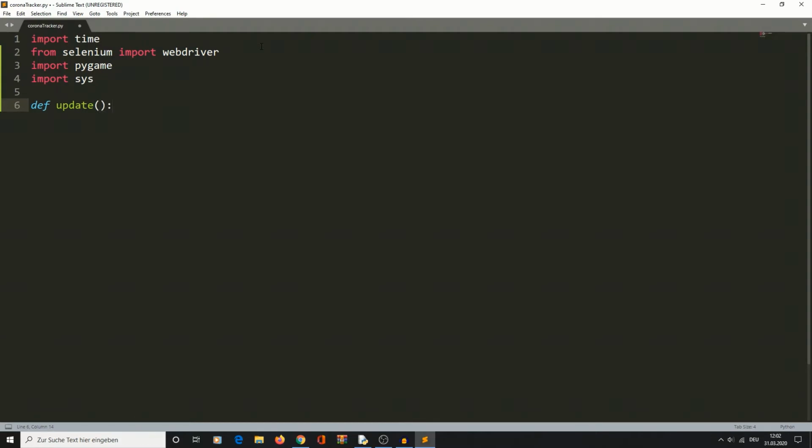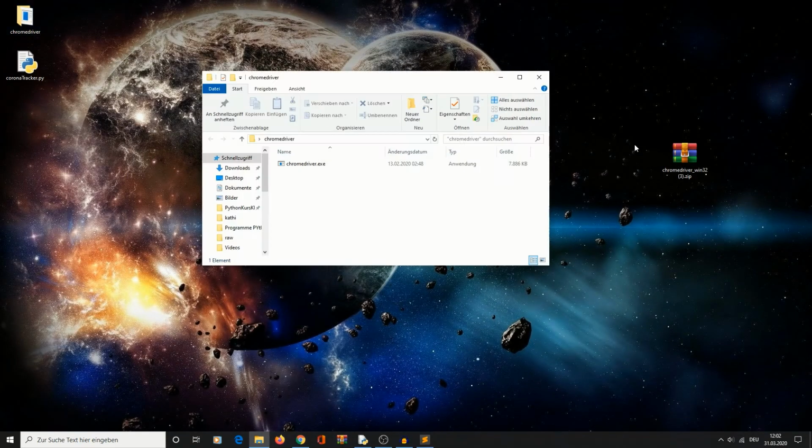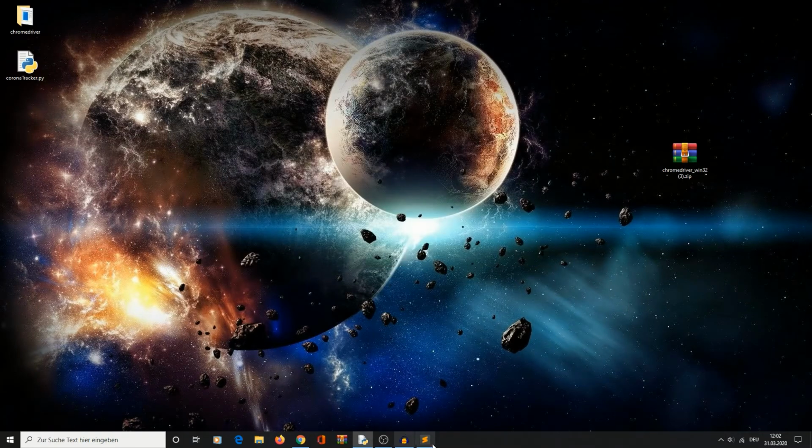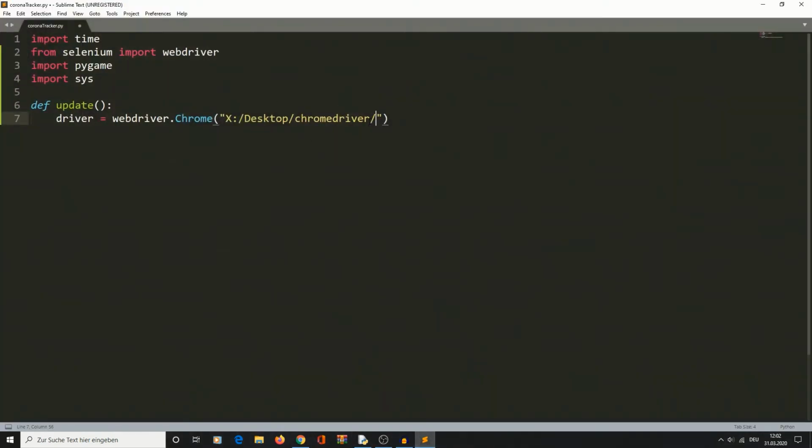And now we are gonna write the method update, which is gonna be updating our numbers in a regular interval. So we set our driver equals WebDriver dot Chrome, and then we type in the path which we have copied. So there a slash and there also a slash, and then I just have to look up how the file is called. It is called chromedriver.exe. So you put a slash right here and then chromedriver.exe, driver.get, and then you can copy the second link in my description. I will just copy it into here,